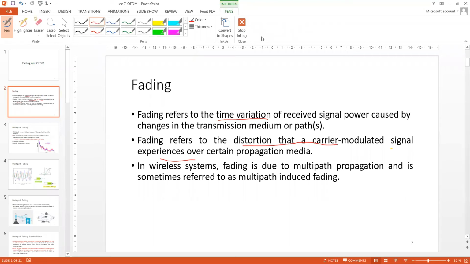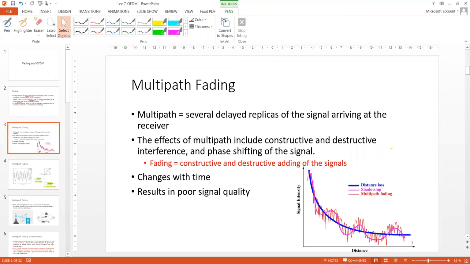Most of these impairments or deterioration factors are introduced by the propagation media or the wireless channel present between the transmitter and receiver module, with some noise being introduced at the receiving end as well. So in a wireless system, the fading that we are going to discuss today is due to multi-path propagation, and it is sometimes referred to as multi-path induced fading or multi-path fading. So what actually is multi-path fading? If you observe the name, multi-path means that whenever a signal is transmitted from